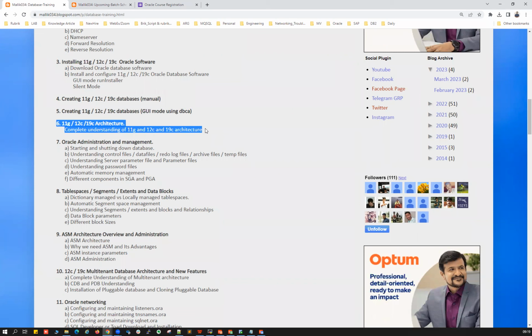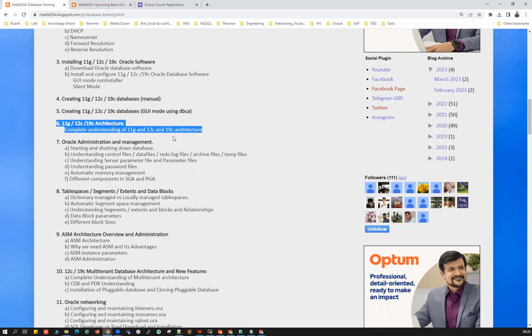If you understand the core fundamental architecture, you can learn this course and become a database expert without any other thought, and easily handle any critical situation as a database administrator. So if you learn this database architecture, at any given point of time, if somebody asks you to explain database architecture, you should be able to explain it fluently. Even in the middle of the night, if somebody wakes you up and asks you what is database architecture, explain it to me, you should be able to explain it fluently without any issue or hurdle, right?